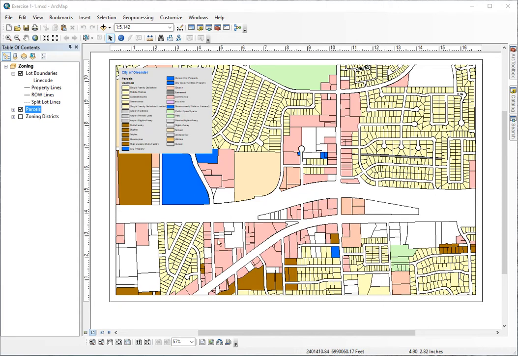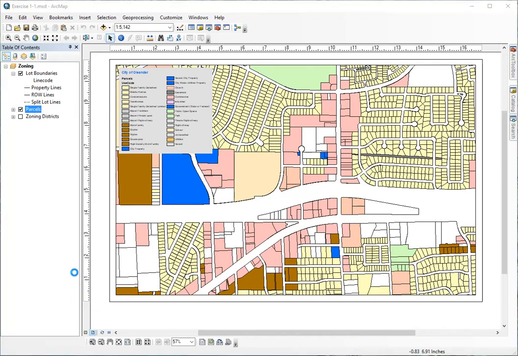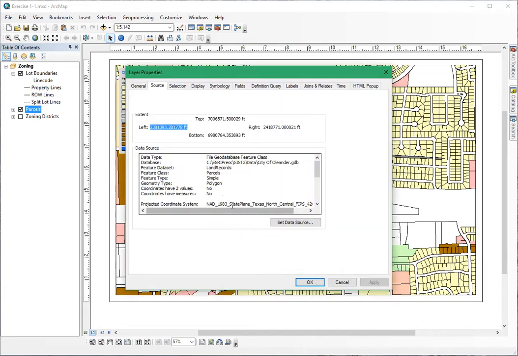Okay, this short video will show you how to connect a data layer listed over in the table of contents with its actual data on the hard drive. What we need to do in this case in Lab 1 for the parcels layer file is right-click on the layer, go to the Properties, once we get there, go to the Source tab, and from here we can see where the program is